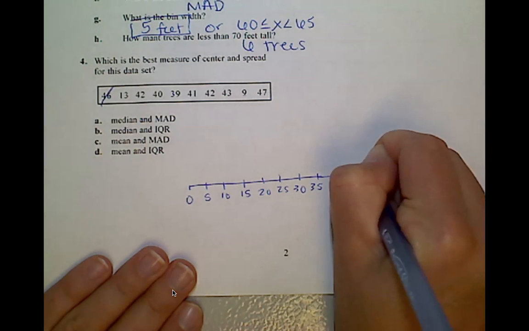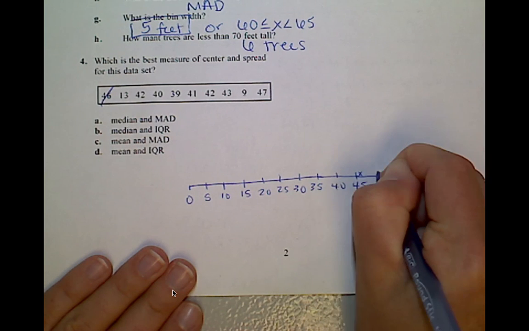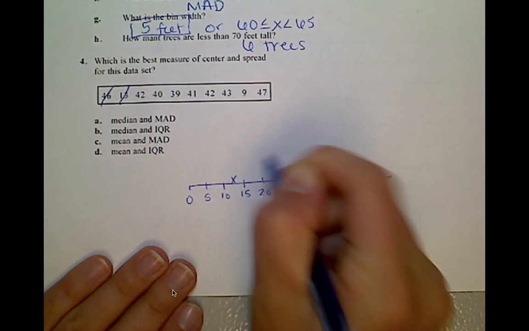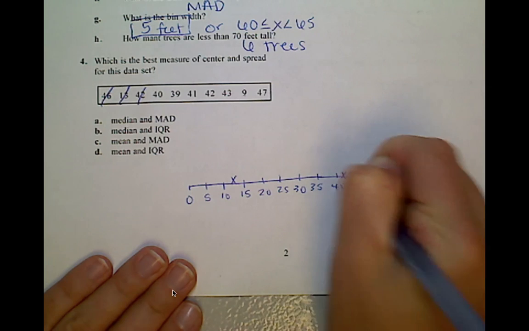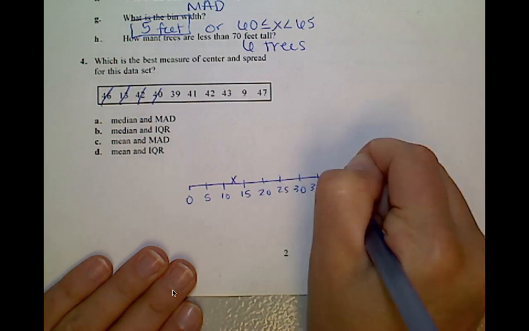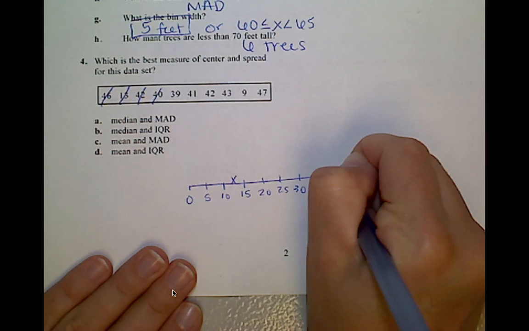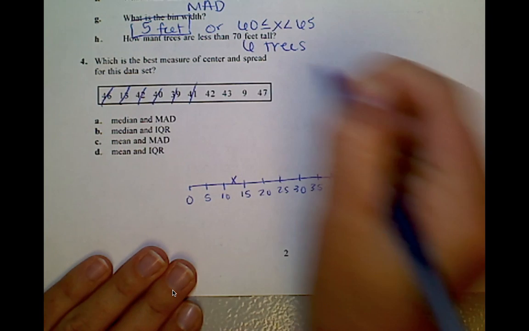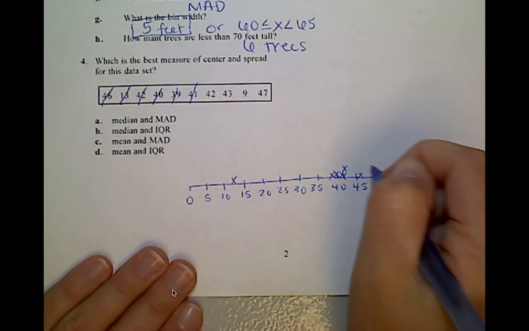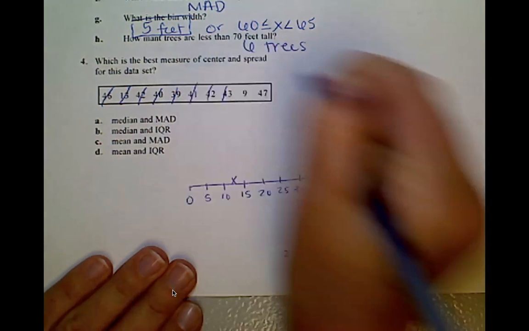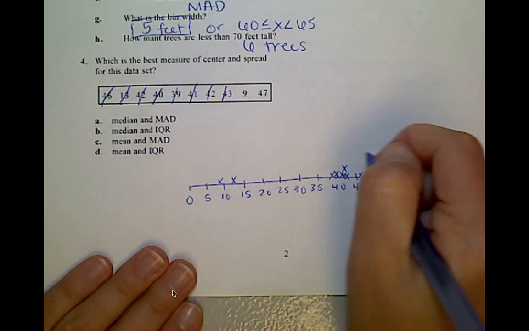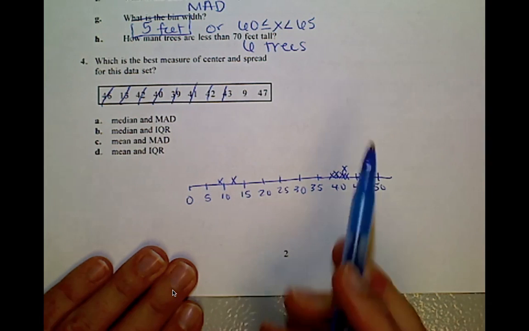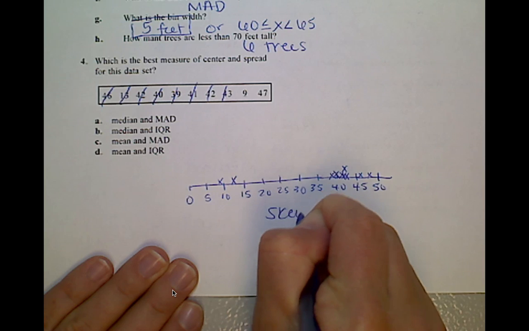46 would be kind of like right here. I guess I should put 52. 13 would be about right here. 42 right there. 40 right here. 39 there. 41 there. 42 here. 43, 9, and 47. I would say there's few data on the left, so I would say this is a skewed